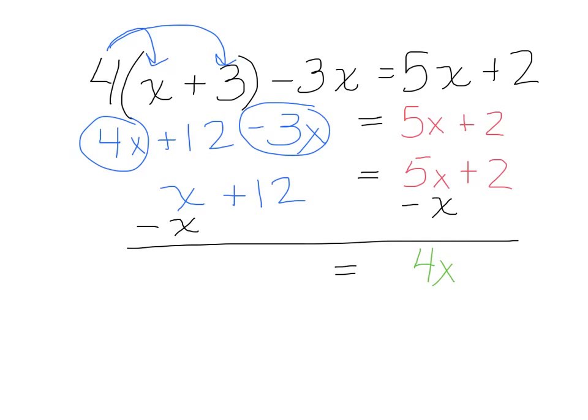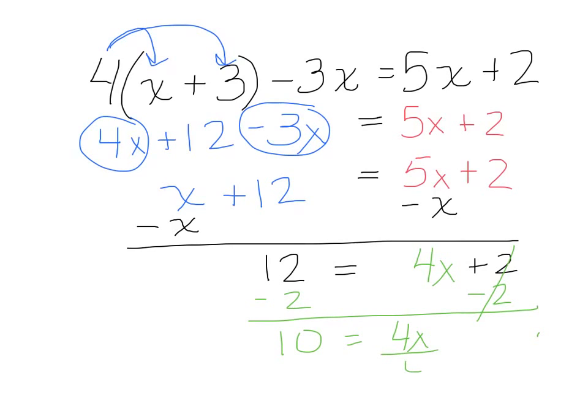And then either in the same step or in a later step, if I know the x's are going to be on the right side, I want to get rid of the numbers from this side. So I'm going to choose to subtract 2, or I can just rewrite 12 is equal to 4x plus 2. So at this point I want to subtract 2, the 2's cancel, leaving me with 4x is going to equal 10. Divide by 4, divide by 4. So x is going to equal 10 fourths,